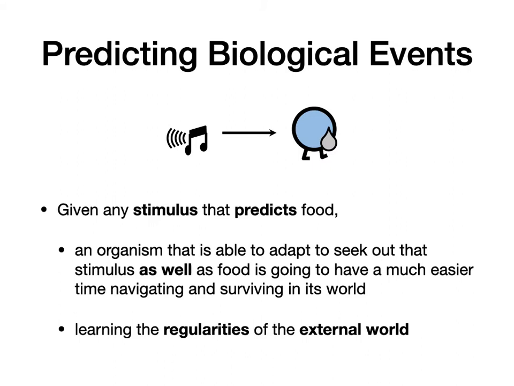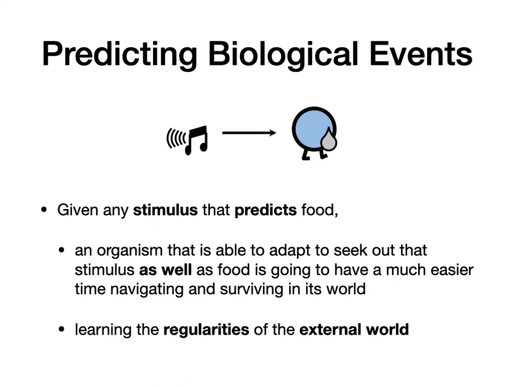What this is getting at is that there are regularities in the world, right? I see a certain kind of tree, I know it has good berries on it, even if I can't see any berries right now. Detecting the berries is one thing. Detecting the possible presence of berries, predicting the possible presence of berries is another. And the idea being that being able to predict these things also helps you prepare yourself for these things. If you are able to use additional information from the environment, then you're able to be ready in a sense.